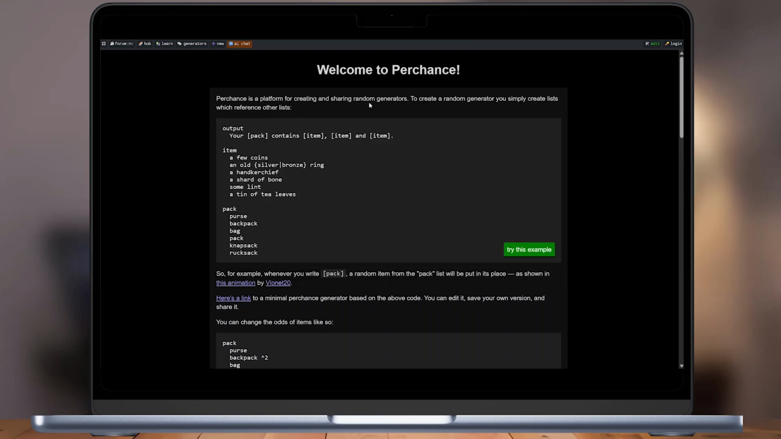Perchance is a platform for creating and sharing random generators. It works by using simple lists that reference other lists to produce different outputs. For example, when you write pack, it randomly picks an item from a list called pack and replaces it in